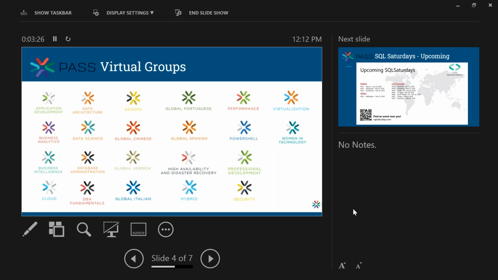These here on the screen now are all of our virtual groups that PASS has. You'll notice there are lots of things in application development, business analytics, data science itself, obviously DBA Fundamentals and database administration, professional development, and one of my favorite tools here lately, PowerShell. There are also groups for different languages, such as Chinese, Hebrew, and Italian.